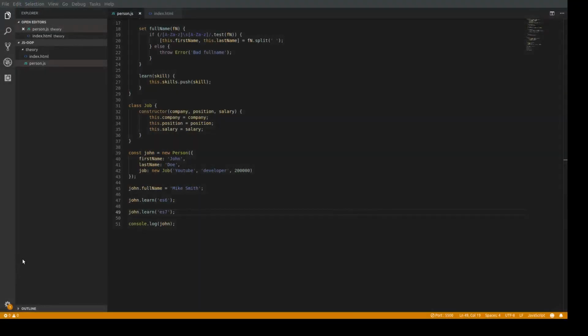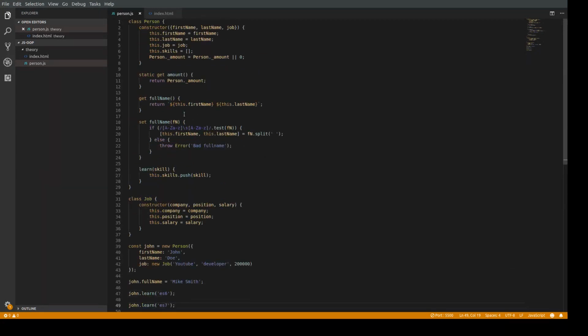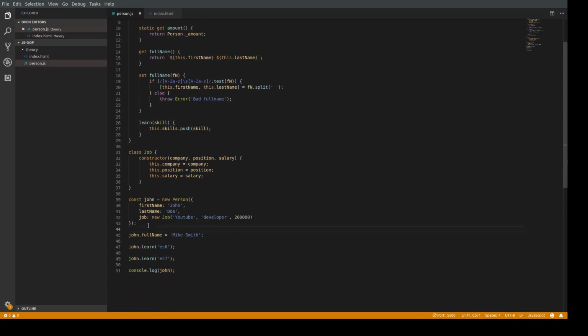Yeah, so we can of course add some improvements here, but for the beginning it's enough for you to understand the structure of the class, to understand that it's used for abstractions of some real world, real life entities. So we have job, we have person, we can create some class which is a template for multiple instances that we can create. So we have John here. Also of course we can create some other person here,